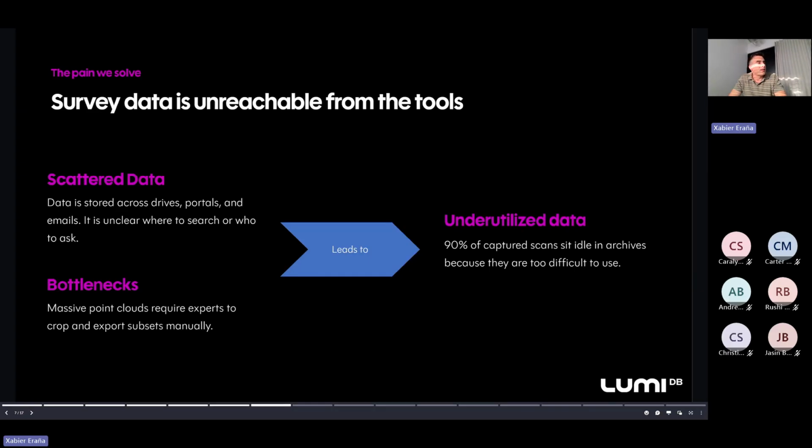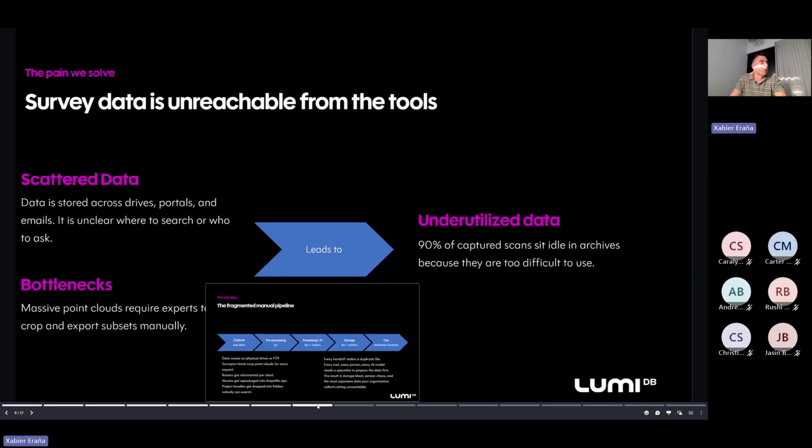This creates a massive bottleneck that often requires an expert to handle, to open, and to actually provide a non-specialist with a small piece of data. And these two things lead to underutilized data of up to 90%, as we already mentioned.